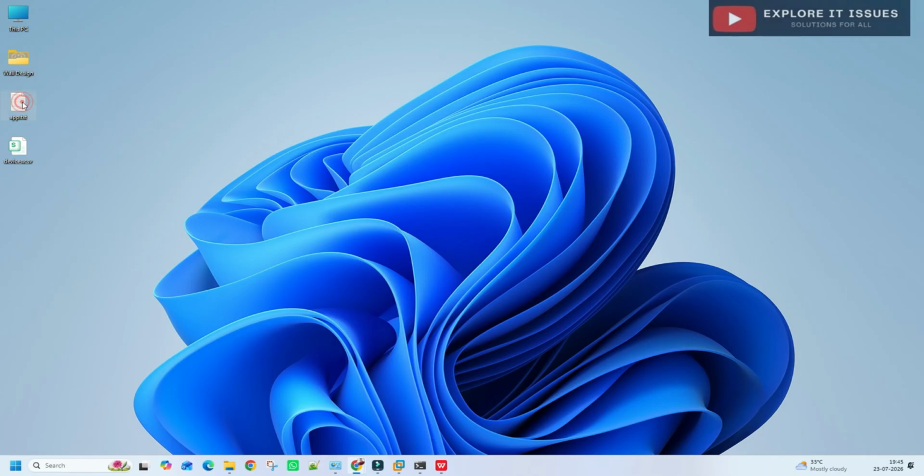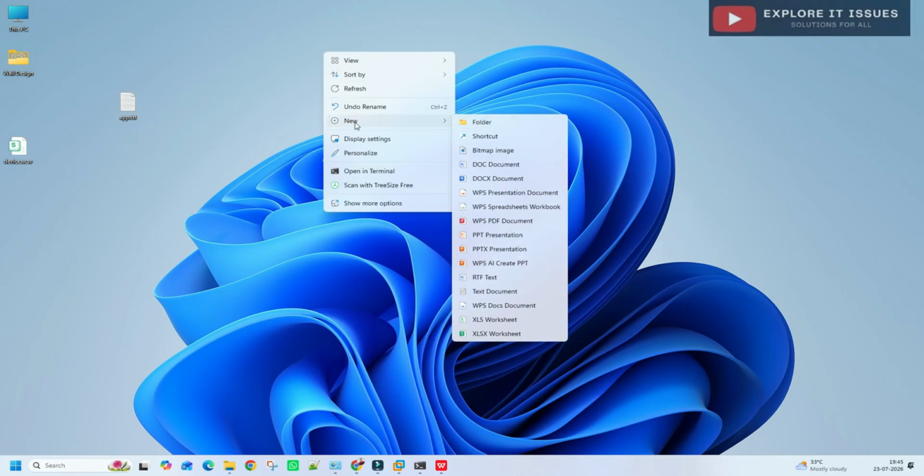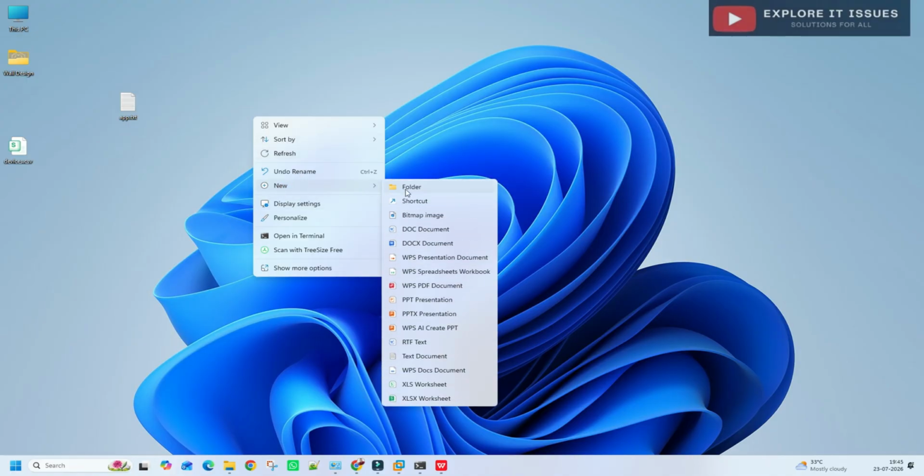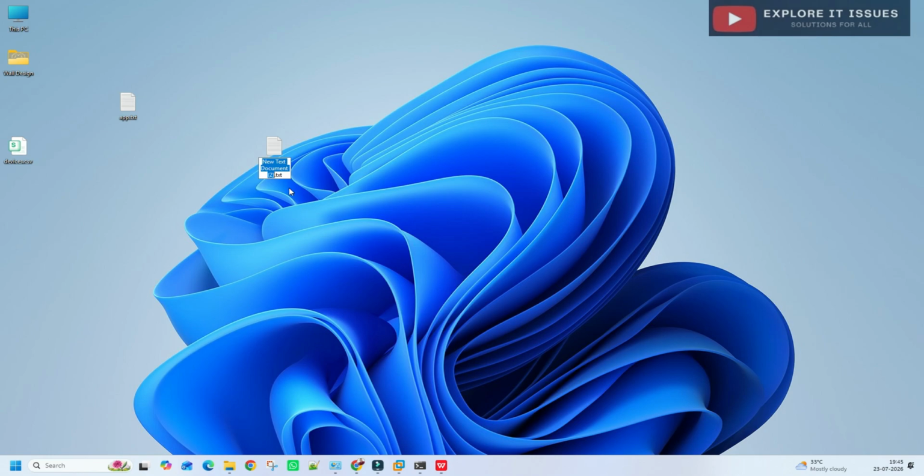I have already copied this file, but I'll show you: right-click on the desktop, go to text document, and then you can name it app. Since this file name already exists, it is automatically taking the number 2 for app.